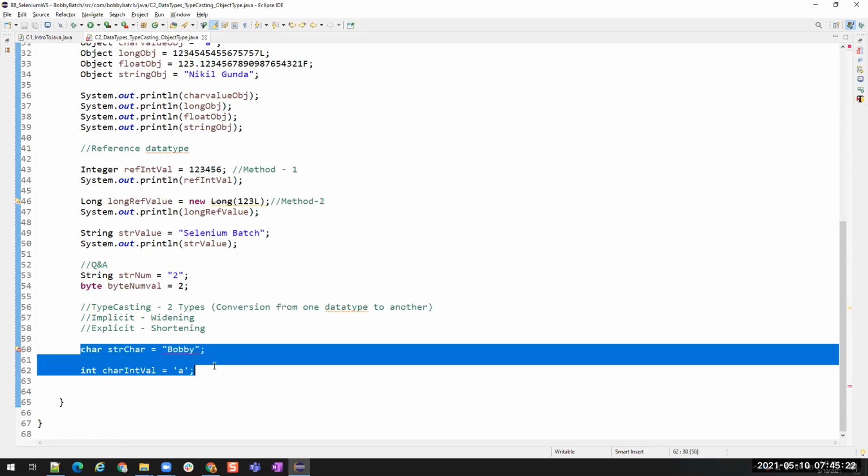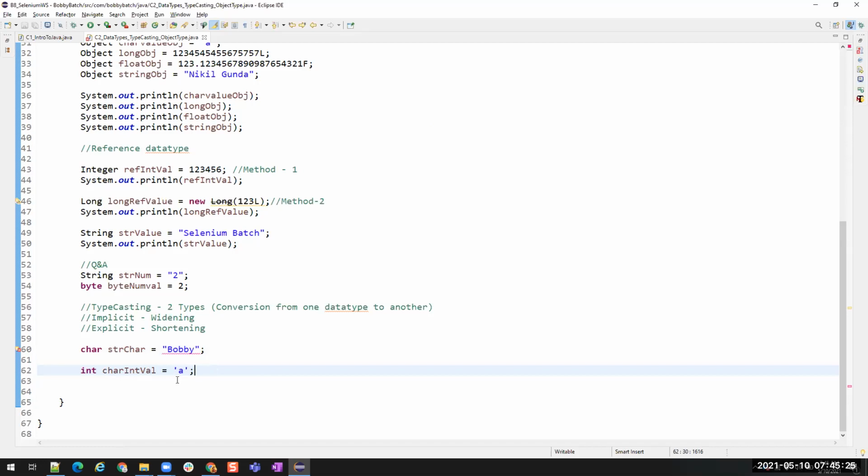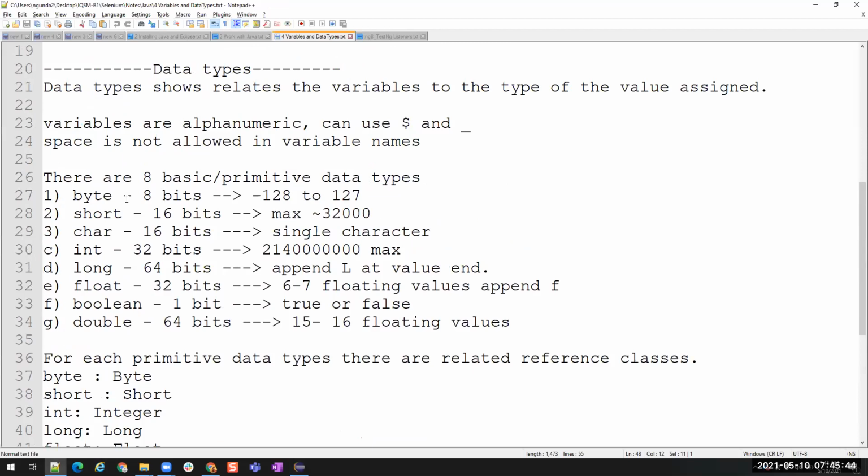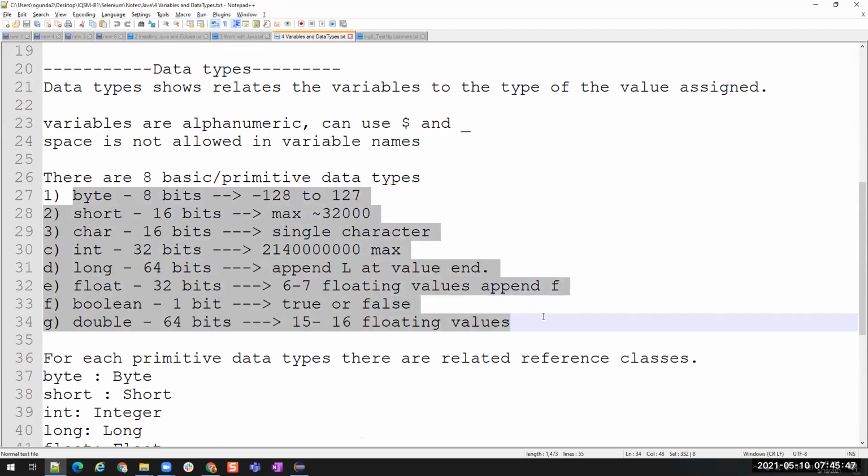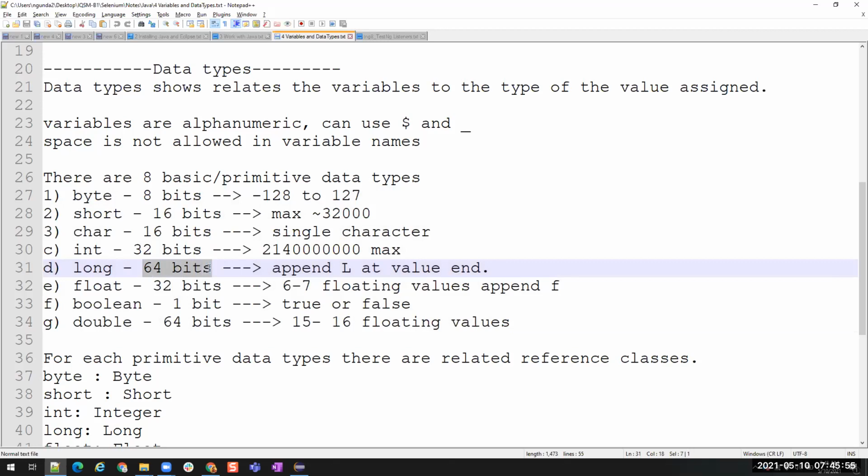You got this? It is able to convert a char to integer by default, whereas it is unable to convert a string to a char. So how will we know what type can be converted and what type cannot be converted? We know the memory sizes or memory allocations of each type, right? If you are trying to add a higher memory type to a lower memory type, it won't be able to store.